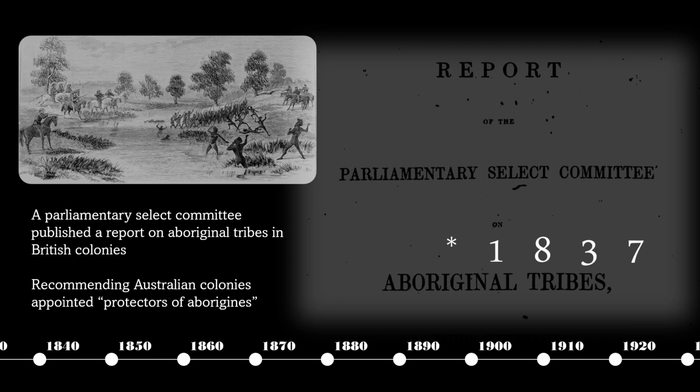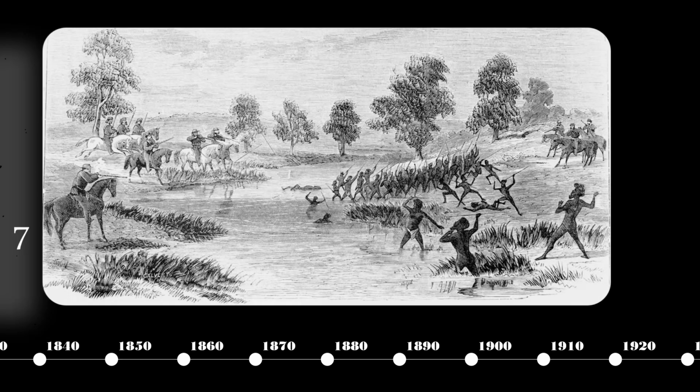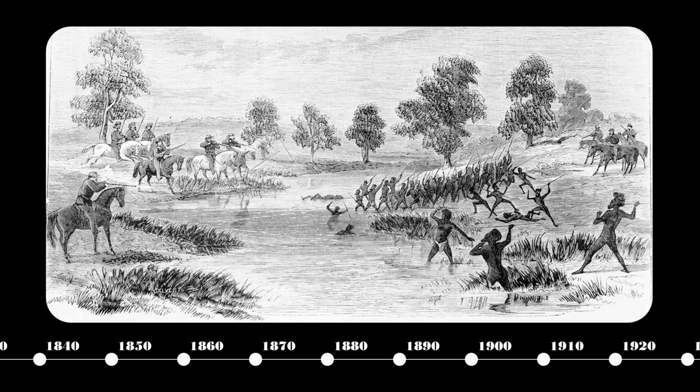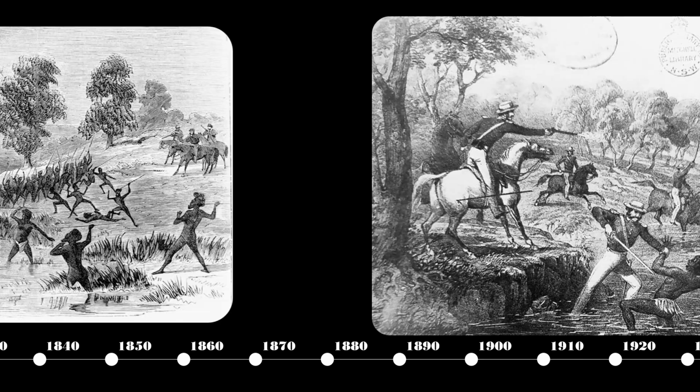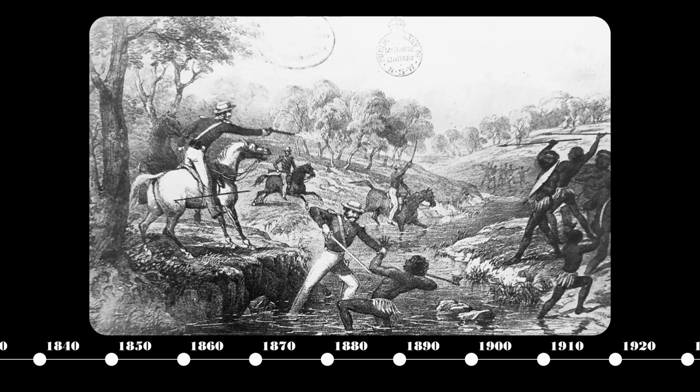In 1840, a British Parliamentary Select Committee published a report on the situation of Aboriginal people living across its colonies across the world, including in Australia. The report specifically recommended that the colonies in Australia appoint protectors of Aborigines, partly due to the frontier wars between First Nations people and white settlers, resulting in massacres that would only get more organised over time,